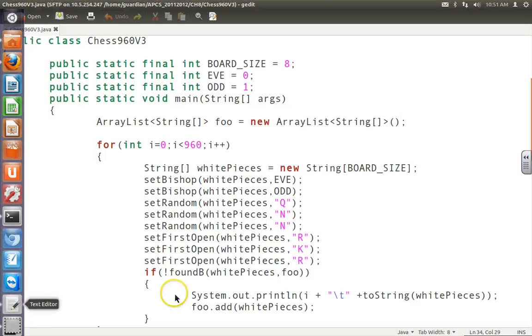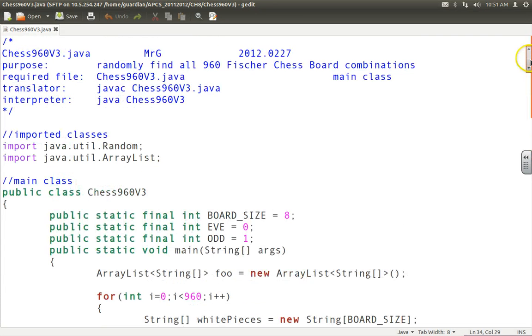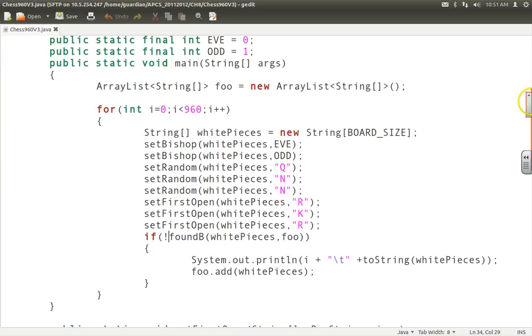Okay, this is where we left off. Here's where we left off last time. Remember what the story is. We had a loop that just blindly made random boards without worrying about repeated boards 960 times and printed them